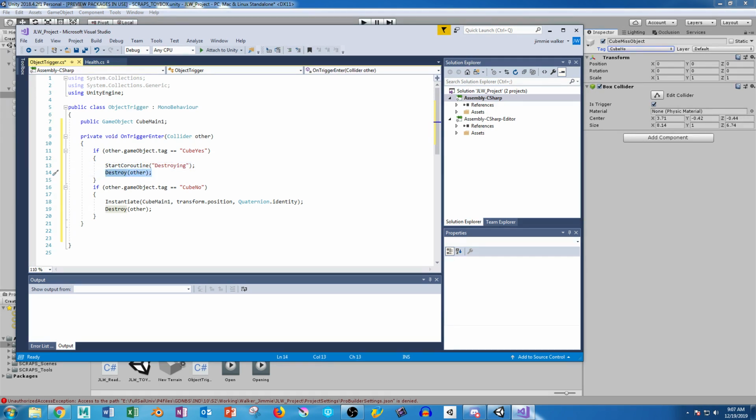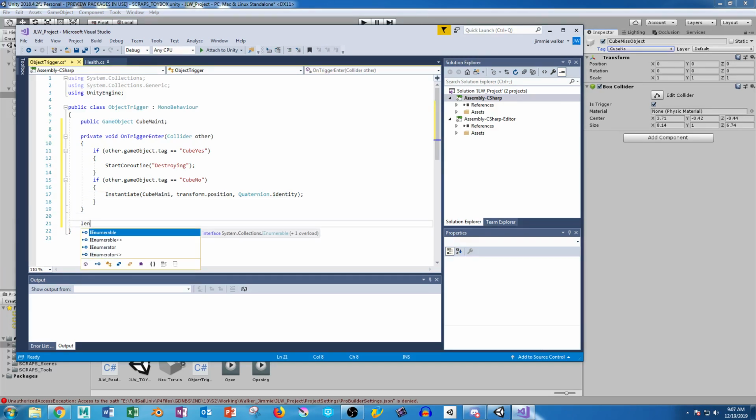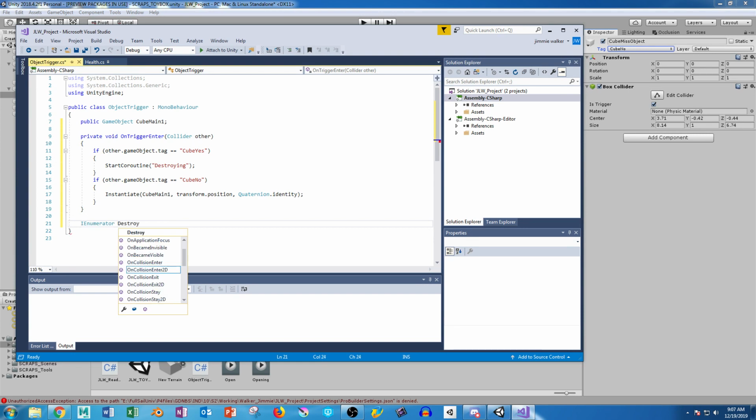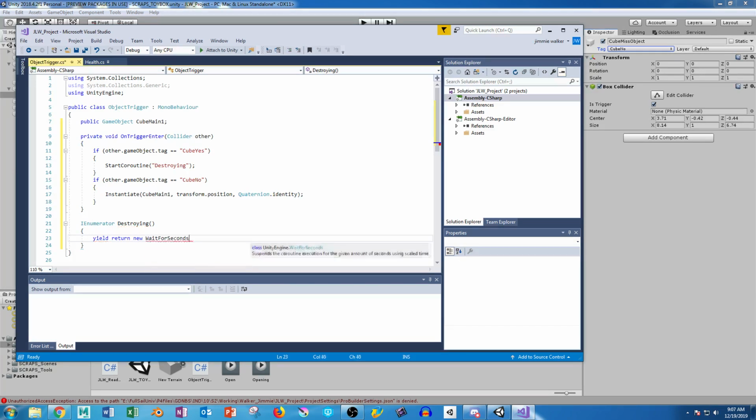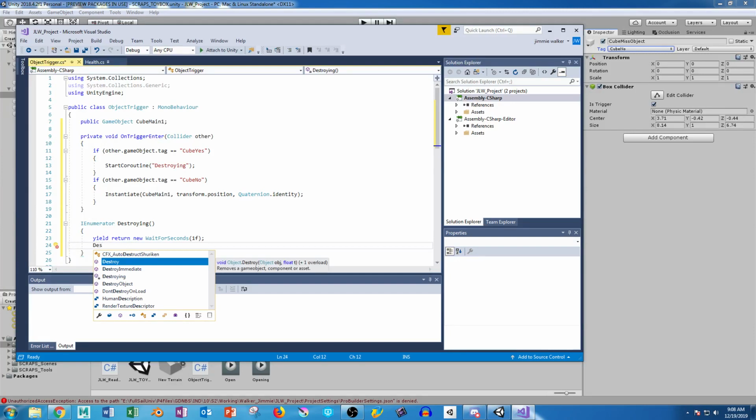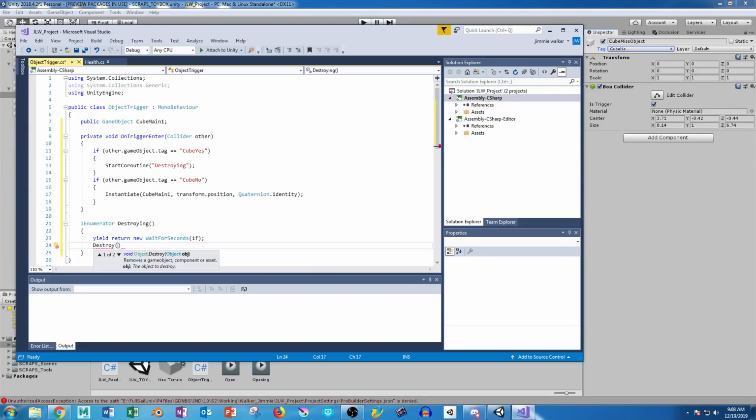So I'm going to actually highlight this line of code. It'll make sense here in just a second. So down here, we're going to type in enumerator. We're going to say destroying. We're going to say yield return new WaitForSeconds 4, and let's say the sound clip is 1 second. You don't want this to be too terribly long, because then the object's just going to kind of hang around before it's actually destroyed. So we're going to say destroy, or